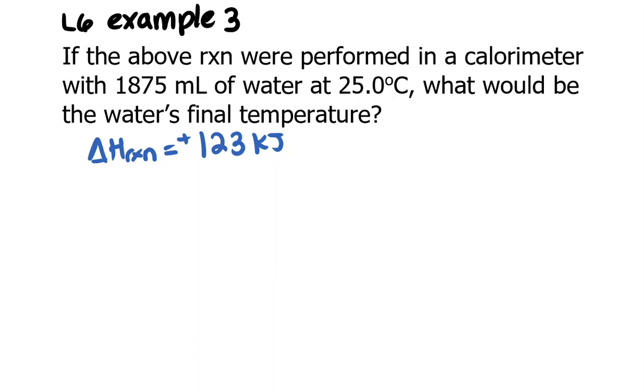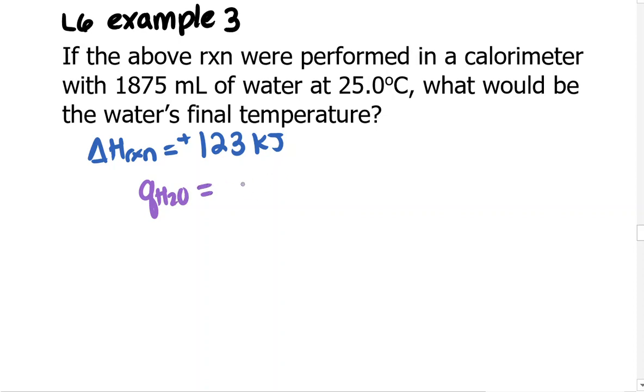This is a continuation of example 2. In example 2, we showed that the change of enthalpy of some substances was 123 kilojoules, and we're going to see how that affects the temperature of water. So if that's the heat of the reaction,